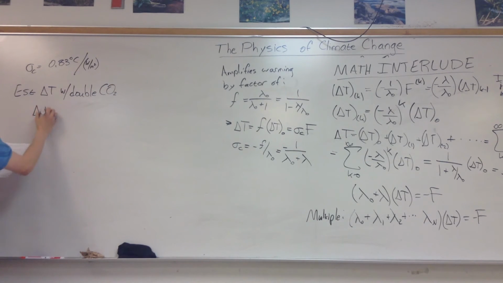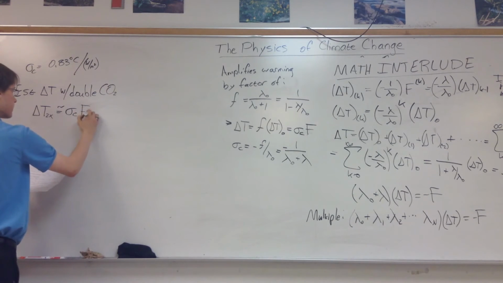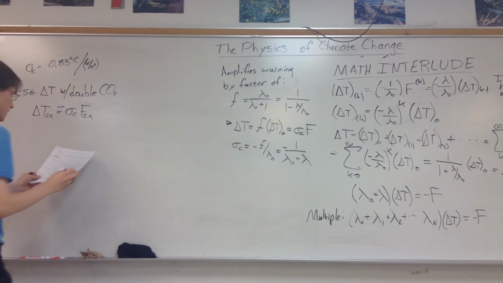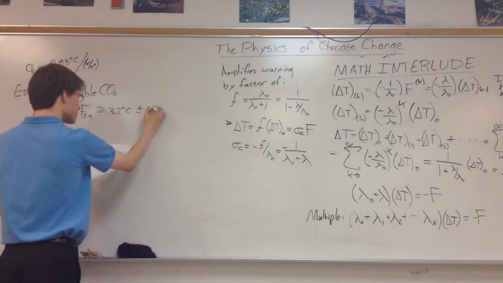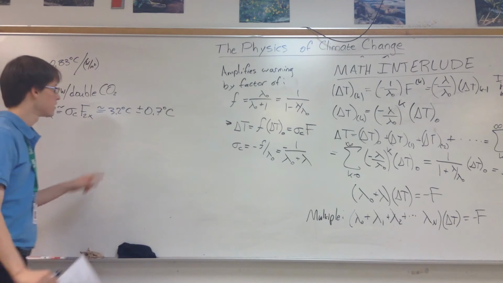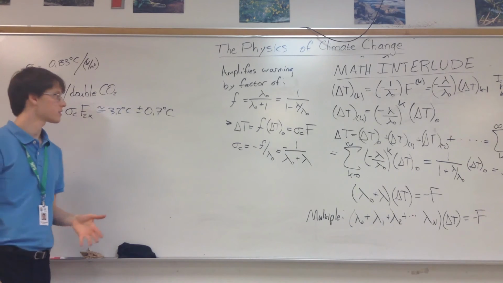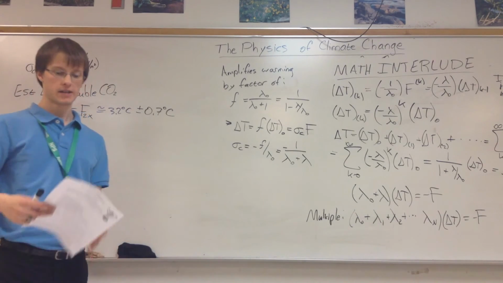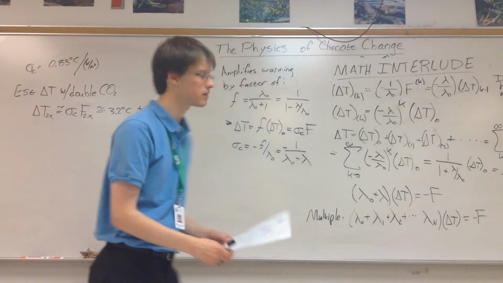And we're going to again say the change in temperature for 2x, doubling CO2, is proportional to our new climate sensitivity parameter times the radiative forcing from 2x, which I had erased but we had up. And this gives us 3.2 degrees Celsius plus or minus 0.7 degrees Celsius. So if you double the CO2 in the Earth's atmosphere, the temperature will increase by anywhere from 2.5 degrees Celsius to 3.9 degrees Celsius. And to give you an idea of how fast we're growing,